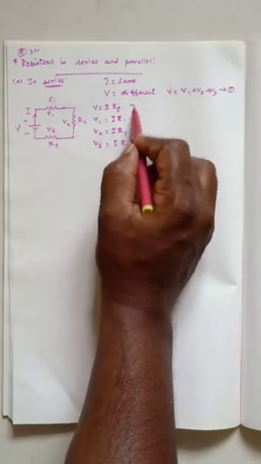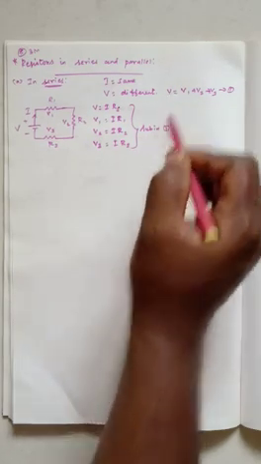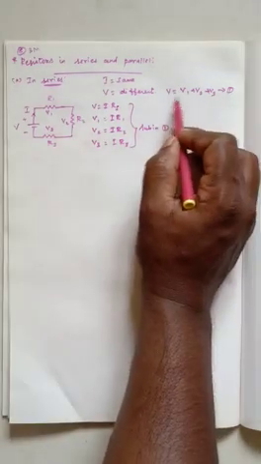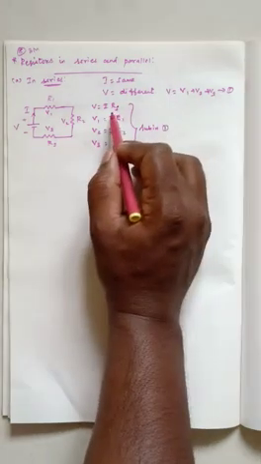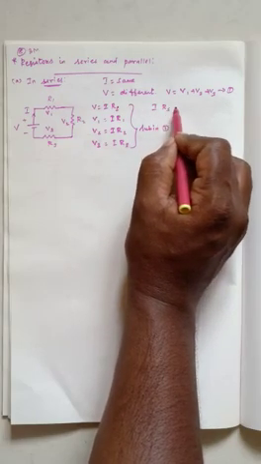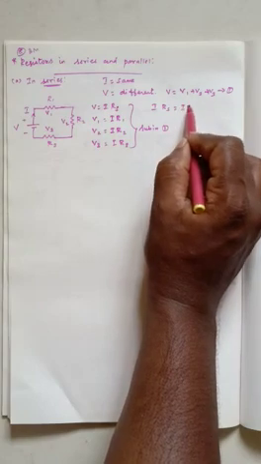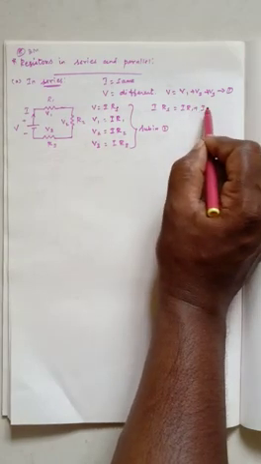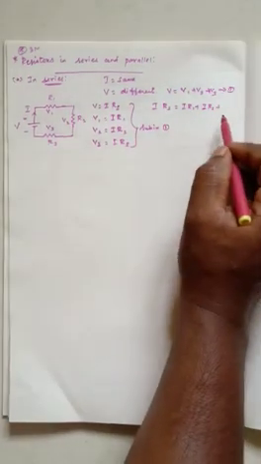So you know all the values. Now substitute all of them in 1. What is the first one? V is equal to V1 plus V2 plus V3. So the formula for V is what? I into Rs. So I into Rs is equal to V1, which is I into R1, V2 equal to I into R2, V3 equal to I into R3.